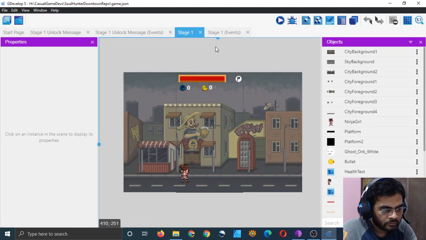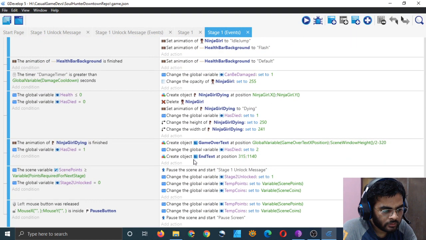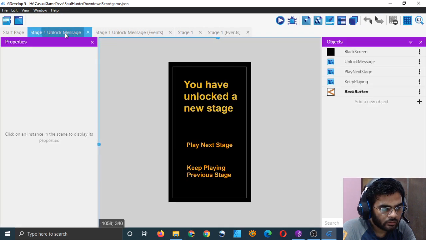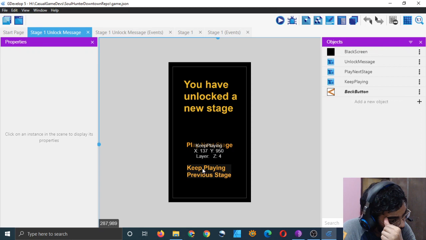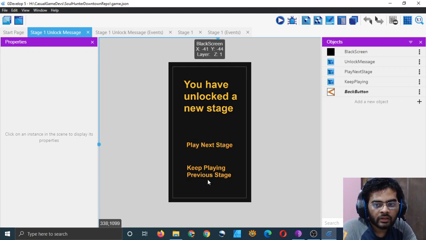Open stage 1 and look at the event. What we are doing when we are pausing is okay, but when we are unlocking the stage, we are storing our scene points and scene coins to temp points and temp coins. Therefore, when we go to this unlock and we want to keep playing, we should flush the temp coins and temp points.